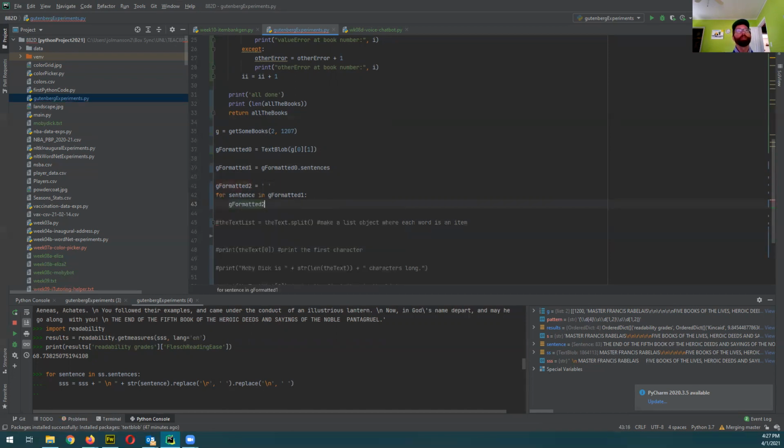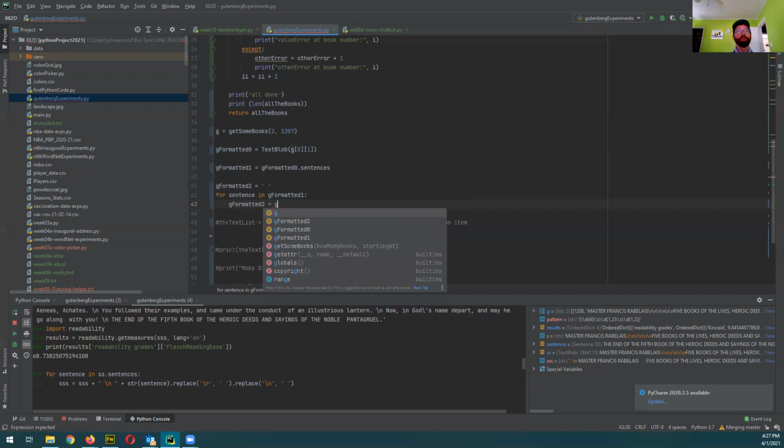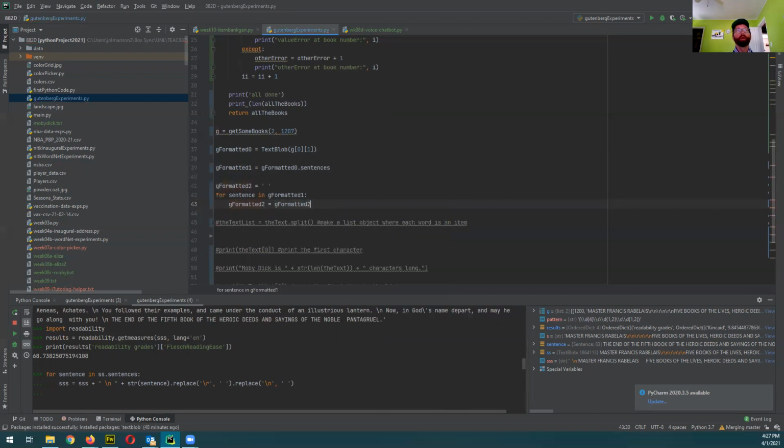G formatted 2 equals, and then here we're going to repeat it, G formatted 2. So this just says this variable is what it was before, and then add this stuff to the end of it. So then we're going to do plus, and just what I have at the bottom here, which I already tried. So I'm going to copy it, and I'll explain it. Okay, so \n is a new line, and that's something that we know is needed by